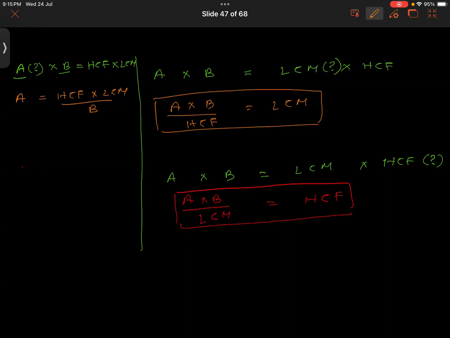So you notice here that whatever value is not given, you have to find it out. So you will keep it on its own place, and put the other values on the other side. Here it was in multiplication. Upon changing, here it came under division, because the opposite of multiplication is